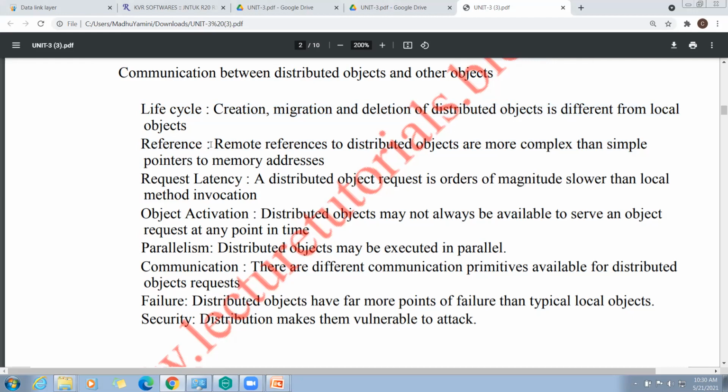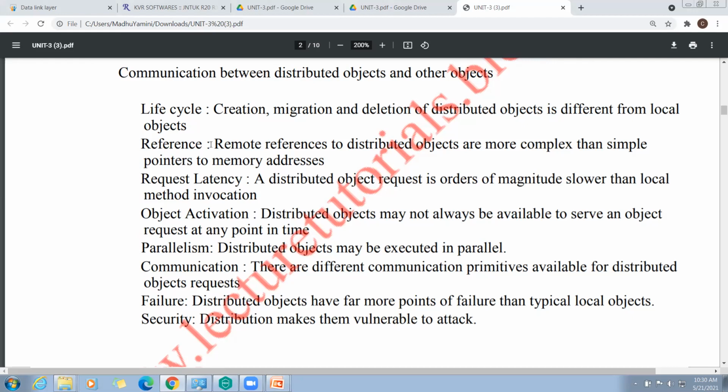Next, request latency. Latency is nothing but a time interval. If an object is a distributed object, the request is orders of magnitude slower than a local method invocation. Why? Because in local method invocation, all objects are on our local machine. We do not need to invoke a remote method.